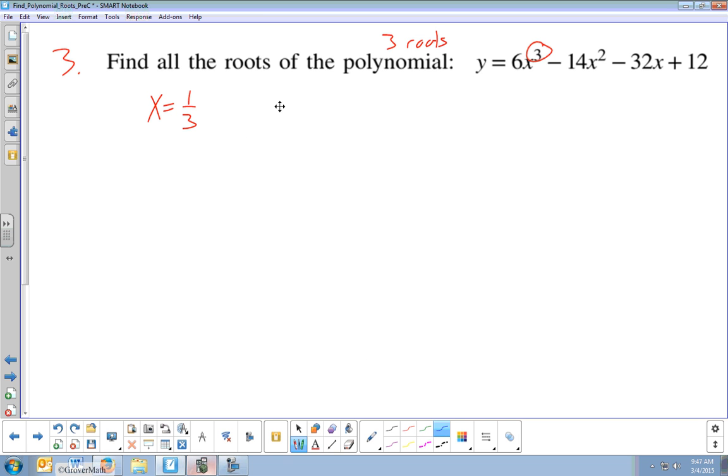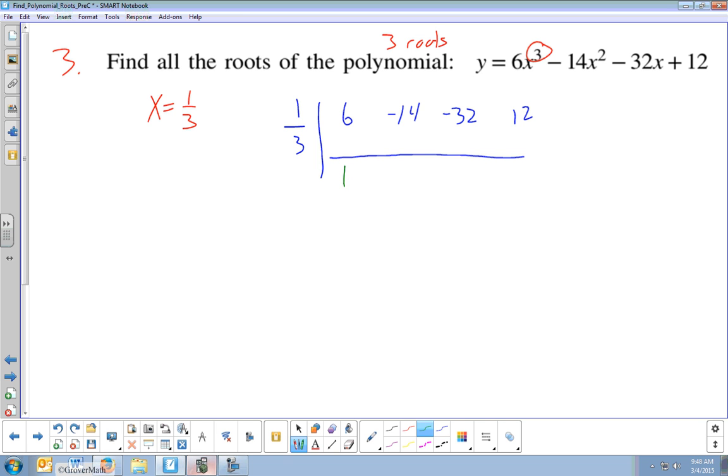And now I'm done with the calculator. Now I'm going to do what we did yesterday. I'm going to take that root of 1/3, and I'm going to apply synthetic division. Remember, you always want to check for any gaps in the coefficients. I have a 3, a 2, a 1, none, so I'm good to go. 6, -14, -32, 12,